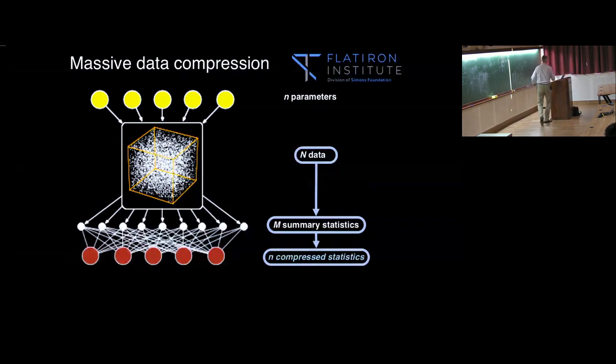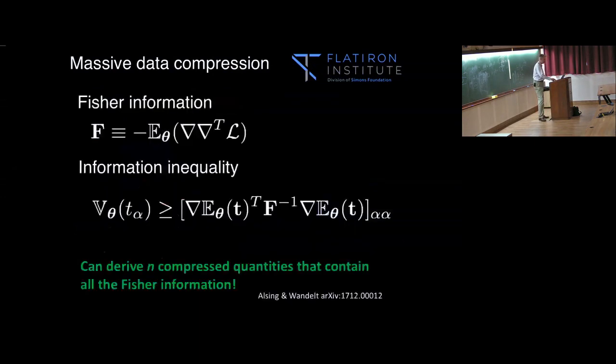This can be proven. There are these information inequalities, and it turns out you can always choose some combination of the data in such a way as to saturate this information inequality, which means that at that point the variance in the parameters will not be larger if you use these compressed quantities than if you use all of the summaries. If you want to learn more, this is explained in this paper here. Okay,